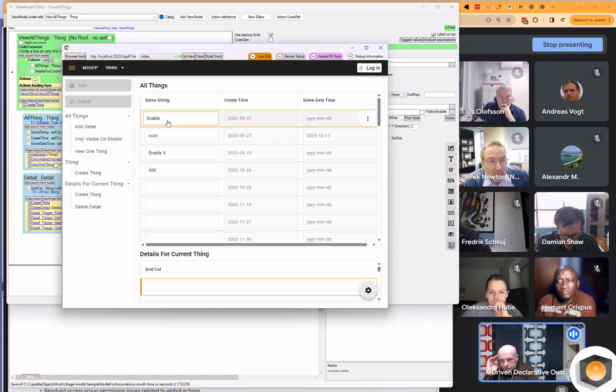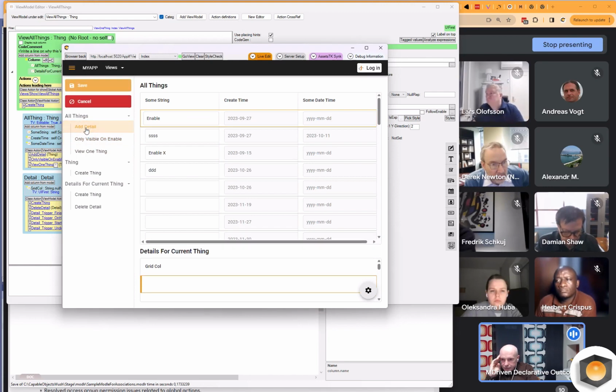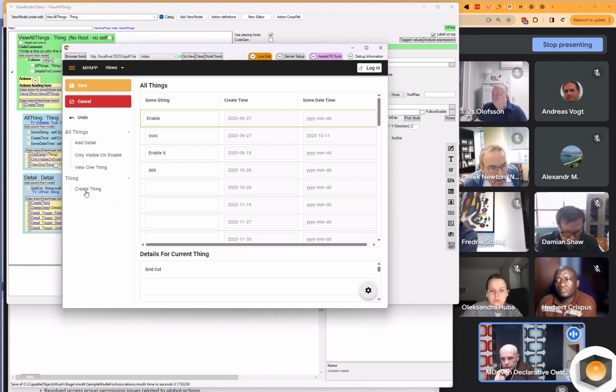So for this details for current thing, what happens when I do add detail here and select that detail, let's delete them first.